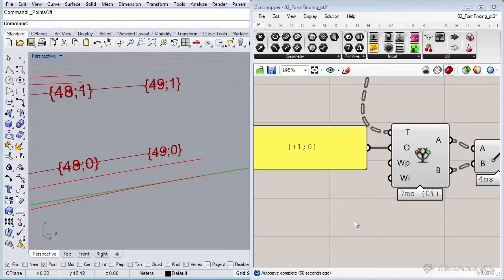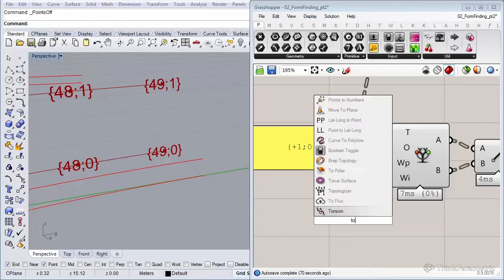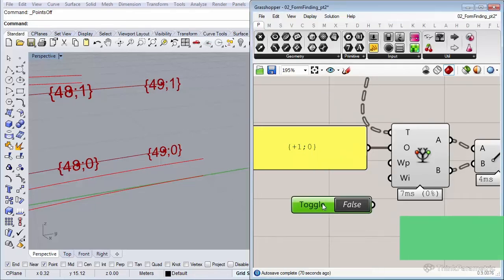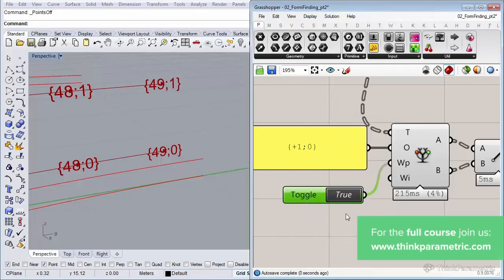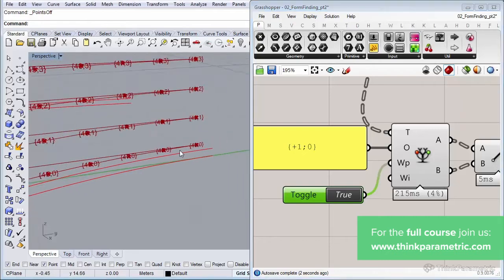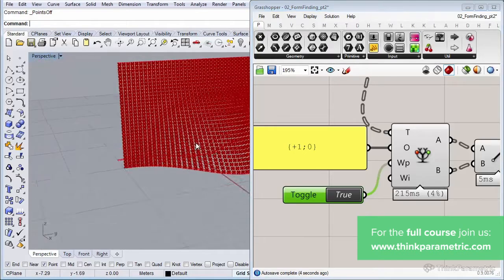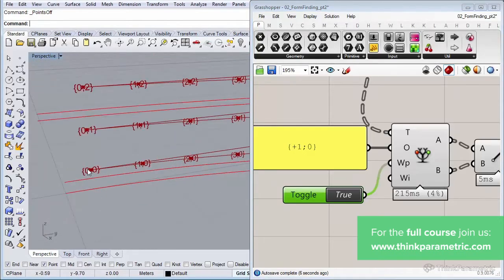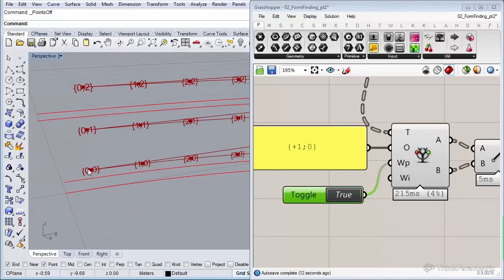It just returns the original value, let's say. But if we set this value to true, you see that it reconnected from 49 all the way to the other side, all the way to 0,0, making a closed loop. It's basically the same wraparound value that's also available with list item, for instance. But we're going to leave it at false.